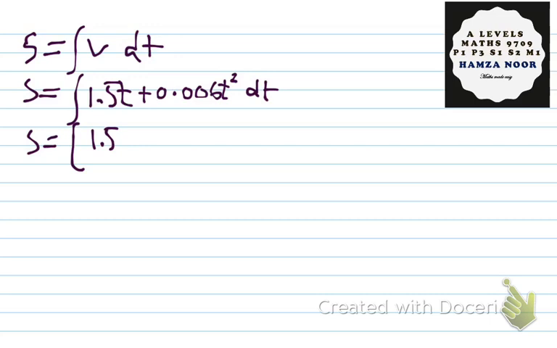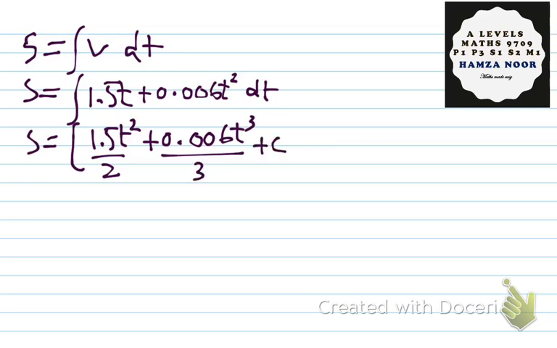This will be 1.5 t squared divided by 2 plus 0.006 t cubed over 3 plus c. So 1.5 divided by 2, how much is that? 0.75 t squared. S is equal to 0.75 t squared plus 0.006 divided by 3, which is 2 multiplied by 10 to the power minus 3. You can also write it like this: t cubed over 500